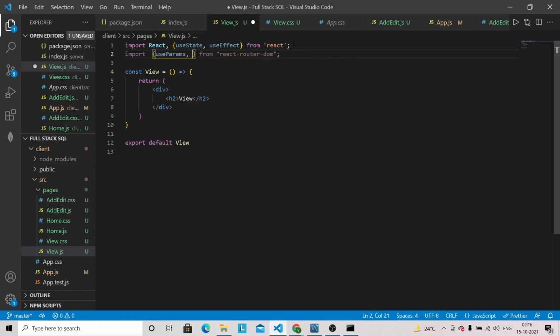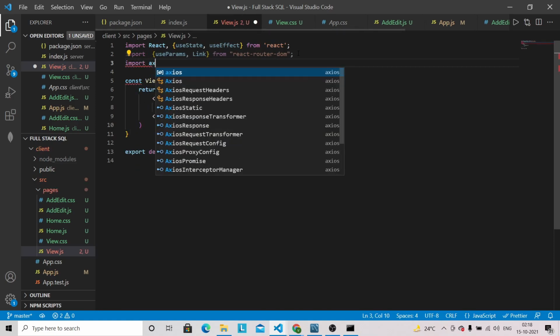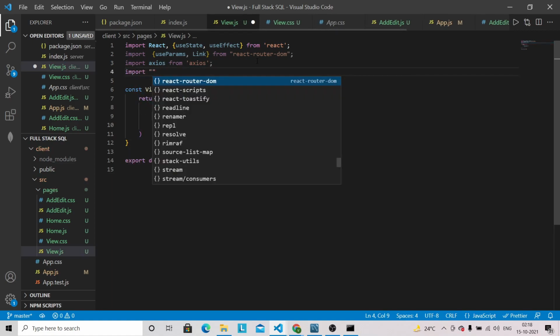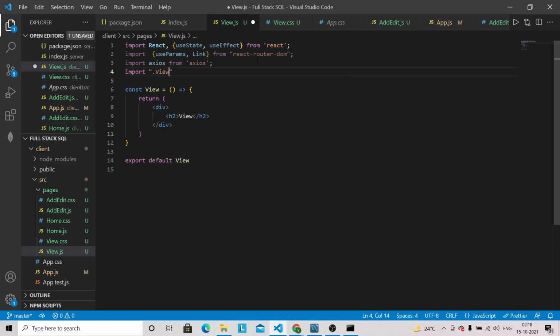Okay, so we have brought useParams and Link from React Router DOM. We also have to bring the axios. So axios we have brought, and let's bring the CSS file for this page, view.css, so we have to bring it this way.